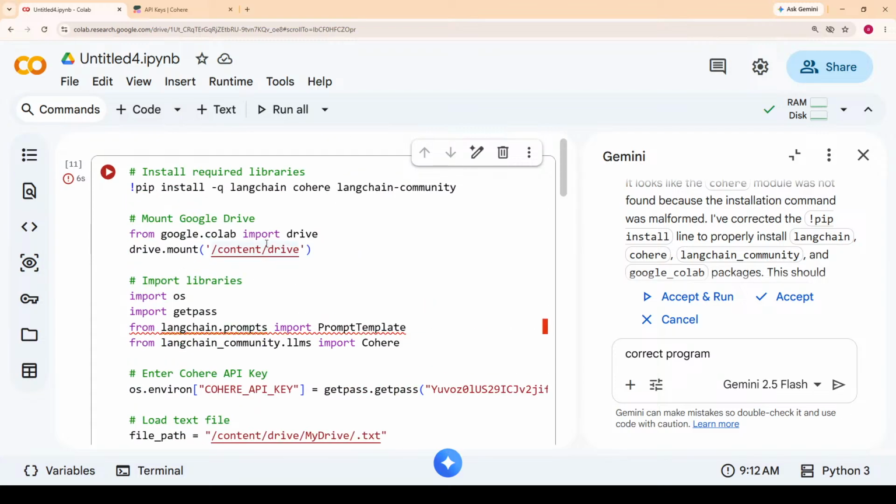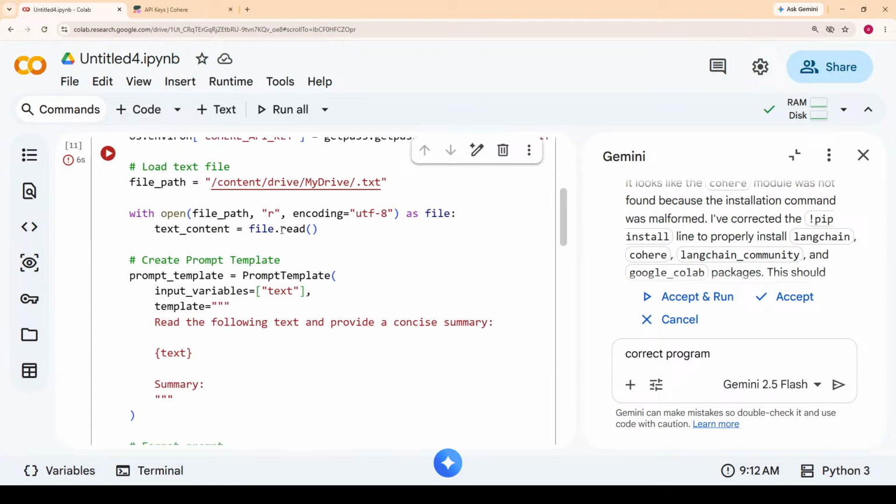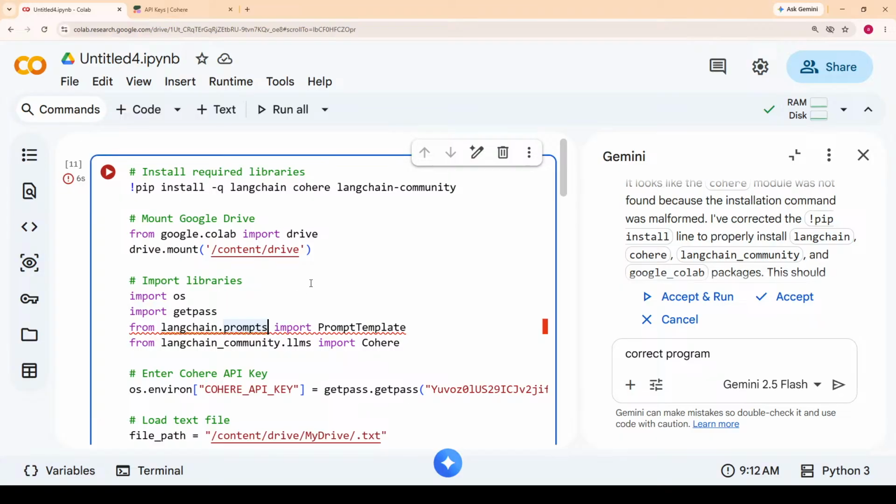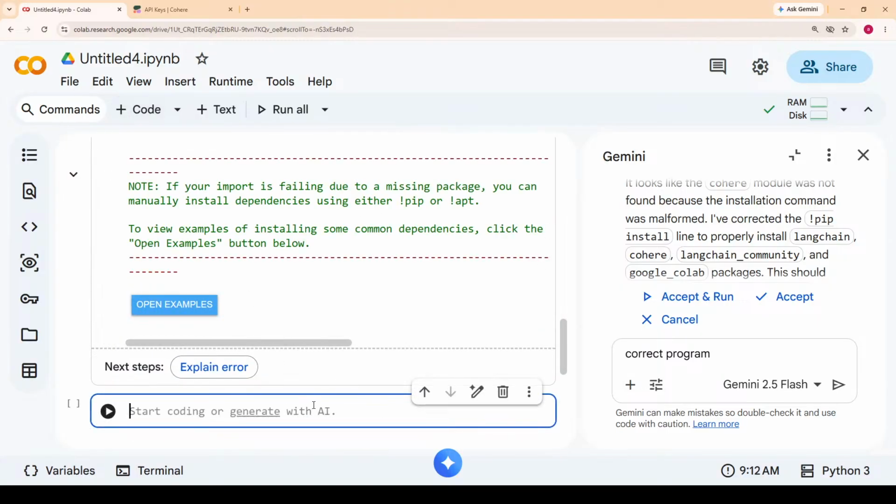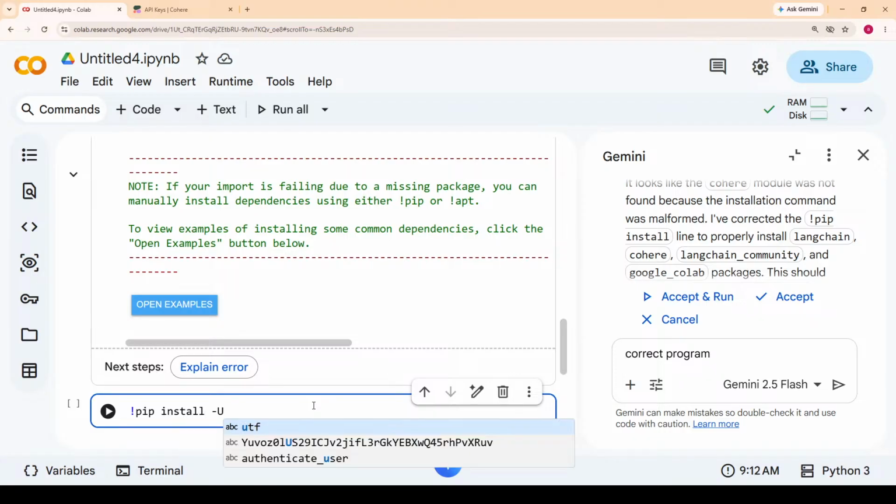Okay, first this LangChain Cohere we should run in the first cell. We'll run this. Because some modules are not installed, we'll run this pip install -U langchain